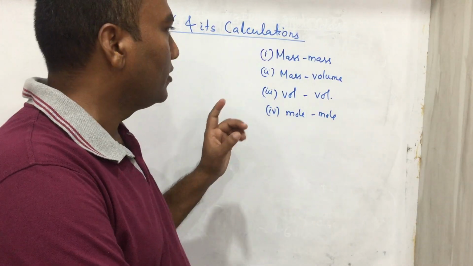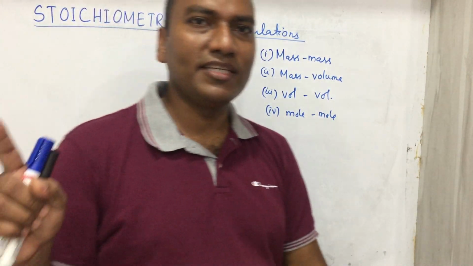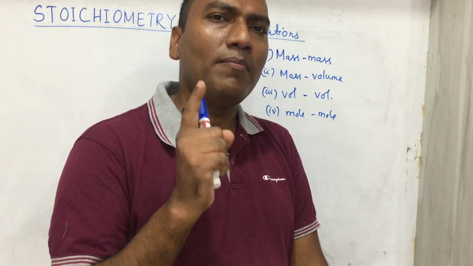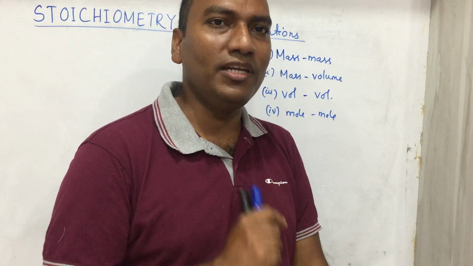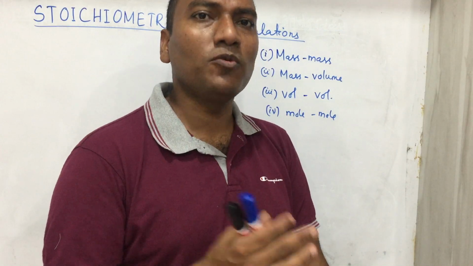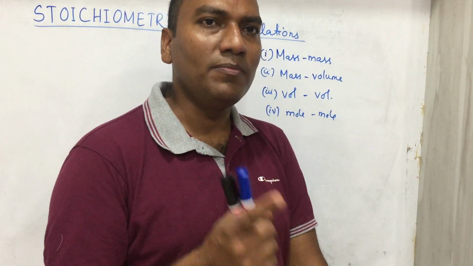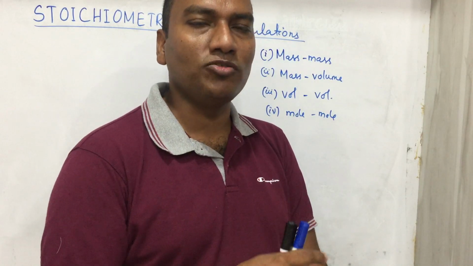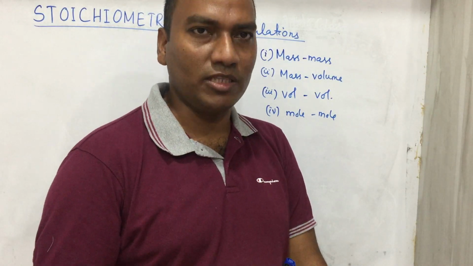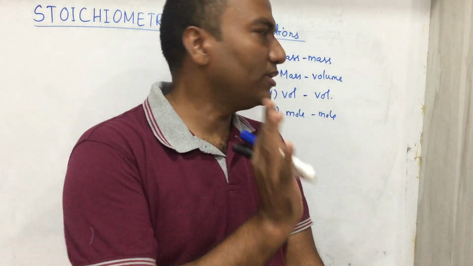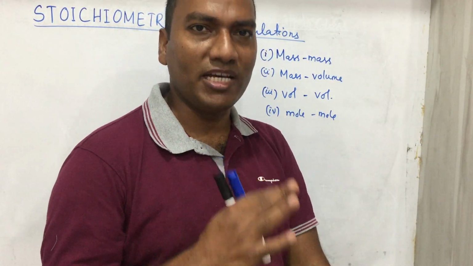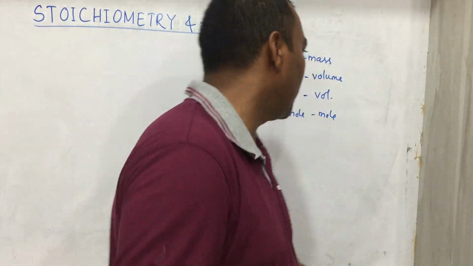What are the rules? The first rule is balance: write the chemical equation first and balance it. Second, write the mass of each molecule below its formula. And if gas is present and the question is asking volume, then in place of mass we write volume, that is 22.4 liter. The required calculation can be done by the unitary method. So after solving the numerical, we can easily identify whether it is a mass, volume, or mole relationship.